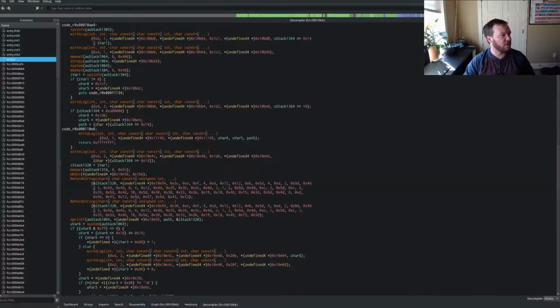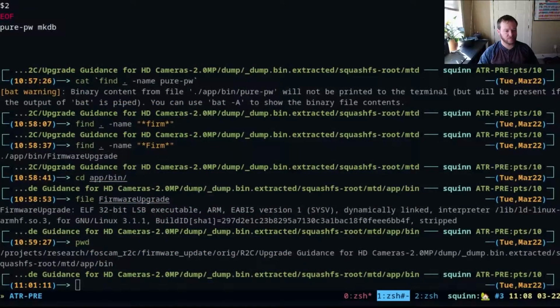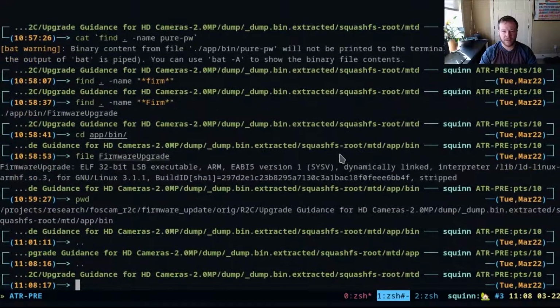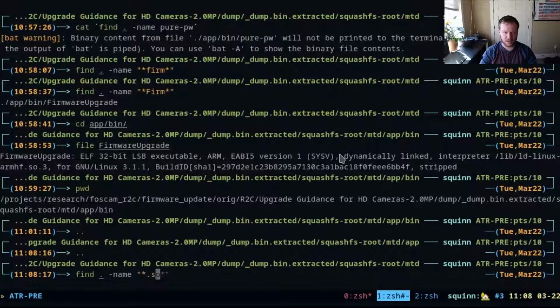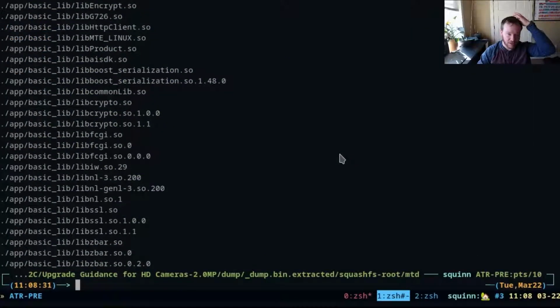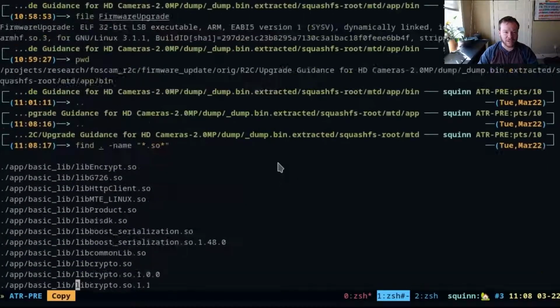So let's head back over to the terminal. We're trying to find a thing called reform string. Usually on Linux, shared objects or shared libraries have the .so extension. So let's try to find something with that. So -name "*.so", and sometimes they add version numbers afterwards, so I'm going to give another star. So here are all the SOs